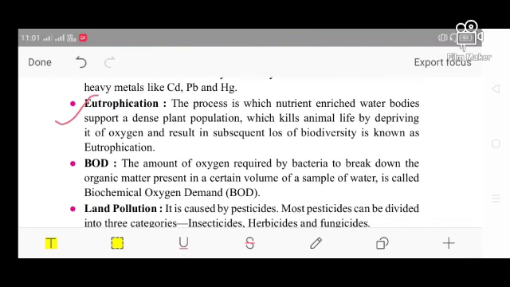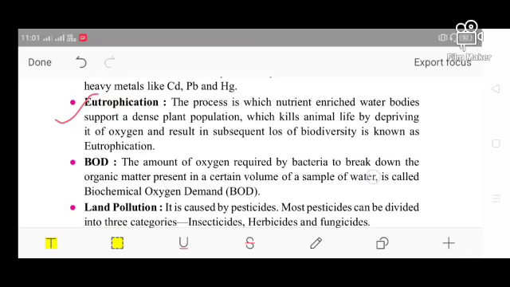Okay, but when the plant body is increasing, when the plant population is increasing, it kills the animal body